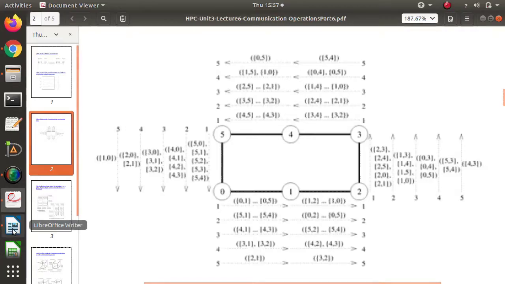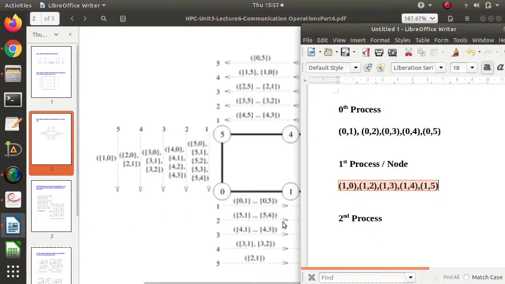Now see, in the second step, what communication is done? In the second step, one message will get dropped. Now see, why does a message get dropped? See, in the first step, the zeroth process will share this message with the first process, right? In the first step, the zeroth process will share this message with the first process. Now see, this first process got this message 01.